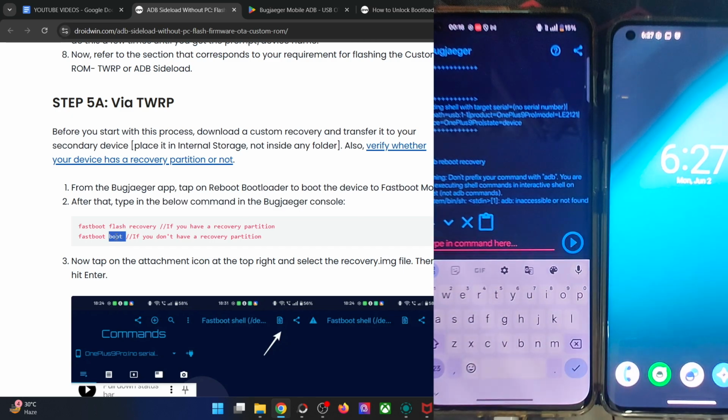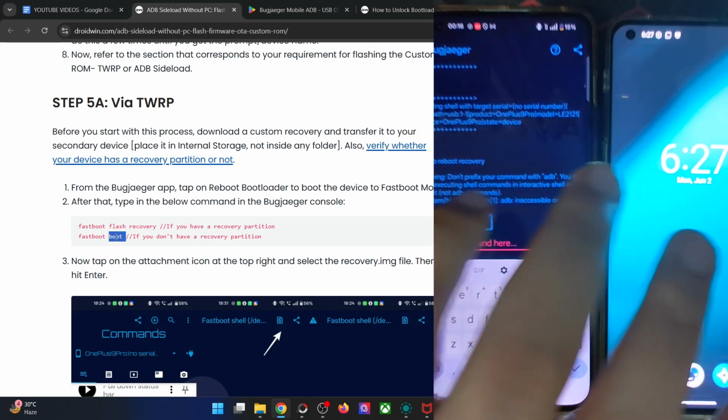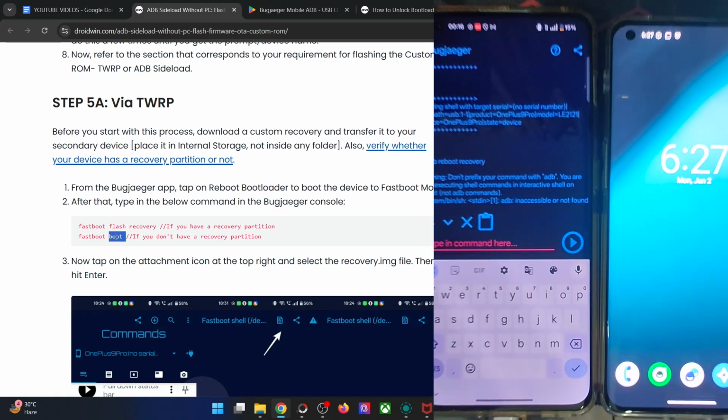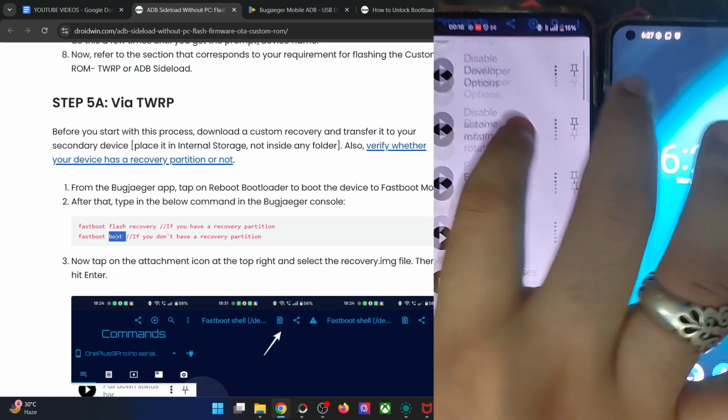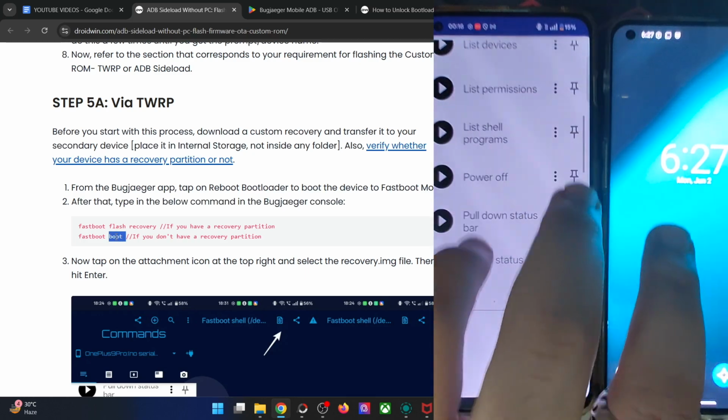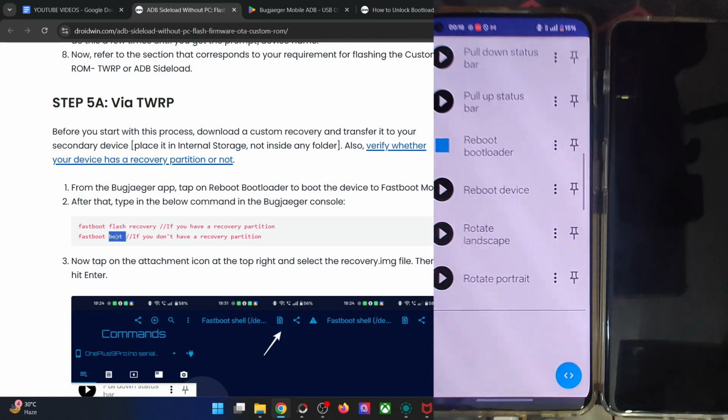If I hit the enter key, it's saying the warning, don't use the ADB command over here because it's the ADB shell and not the normal ADB console. So what you could do is quite simple. Simply tap on the option of reboot to bootloader from here. The phone will now go to the fastboot mode, and from the fastboot mode, you can then reboot to the recovery mode. This is somewhat lengthy approach, but that's the only way out.